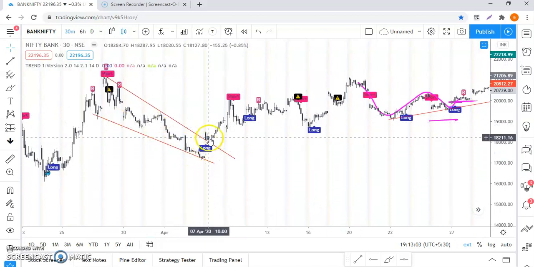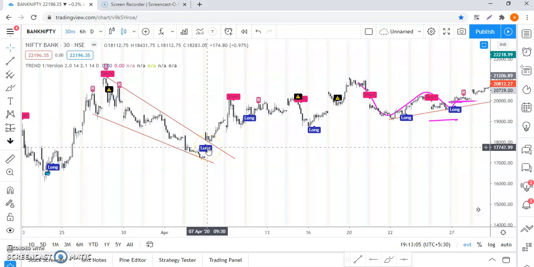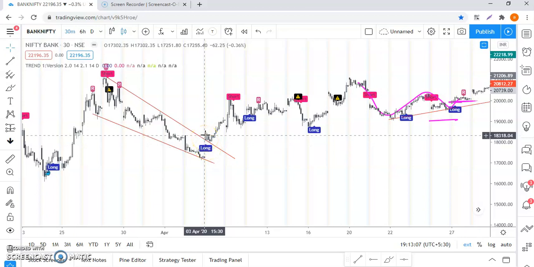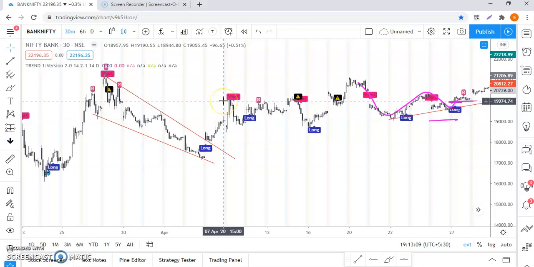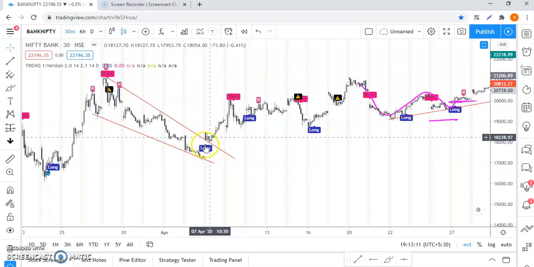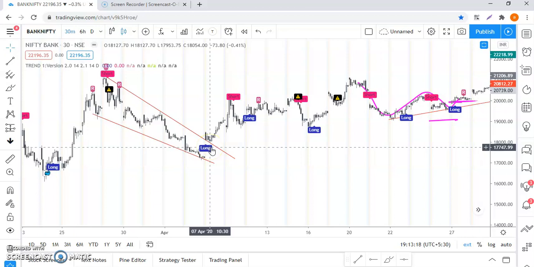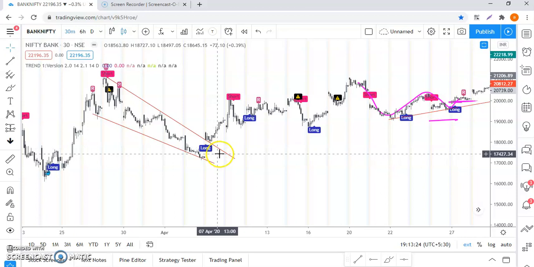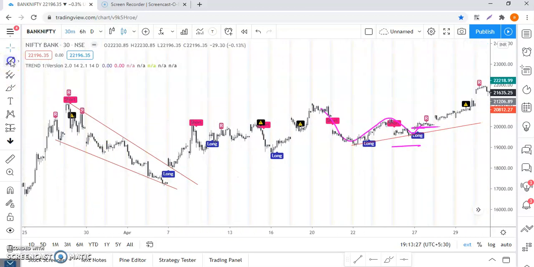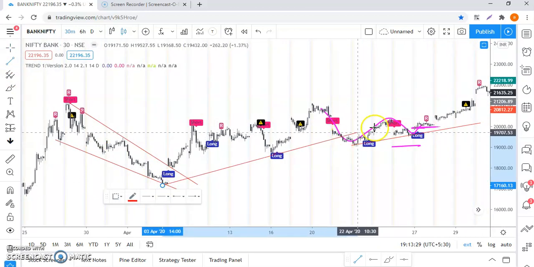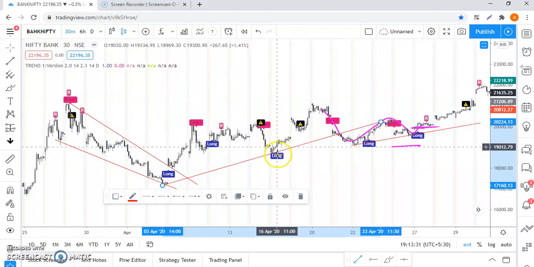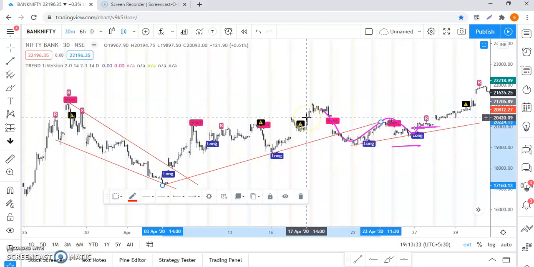With the falling wedge, the moment you get a long signal, you should go for a long. It will retest this and you can comfortably go for a long. So this signal gave you another confidence, right? This signal will help you identify proper long and short, where to take long, where to take short, and it will also give you confidence to take this trade. And next, you would immediately draw one more trend line. The trend line is respected, again it gave long. You should comfortably go for a long position.